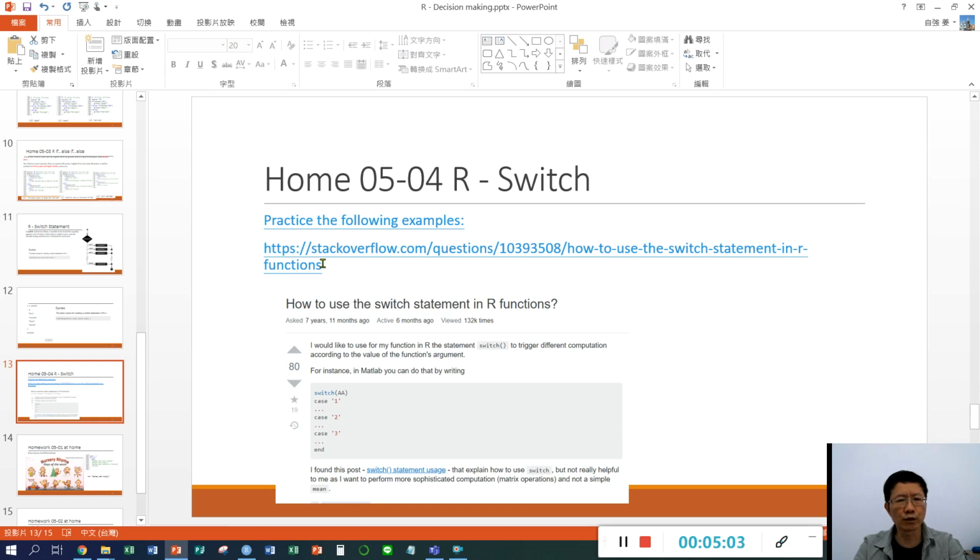A good way to improve your programming is to find some source code and practice it, and you can understand what the examples are for your functions. Okay, so since right now we use switch,